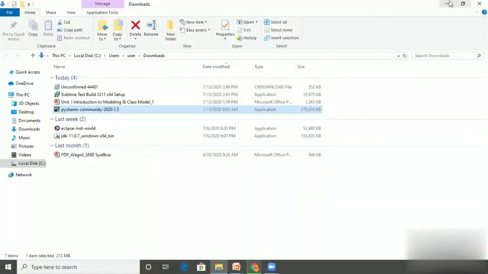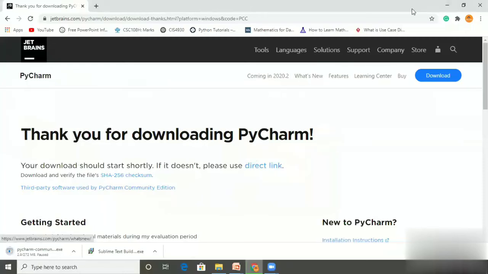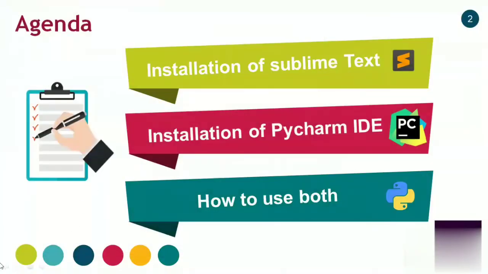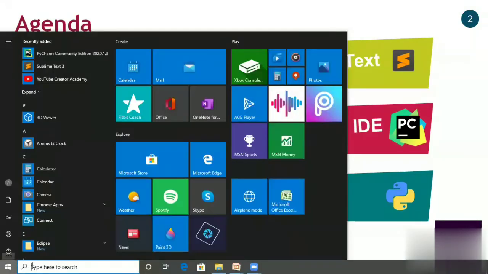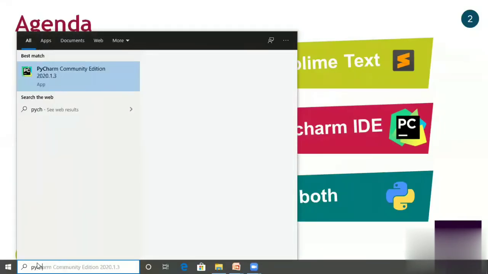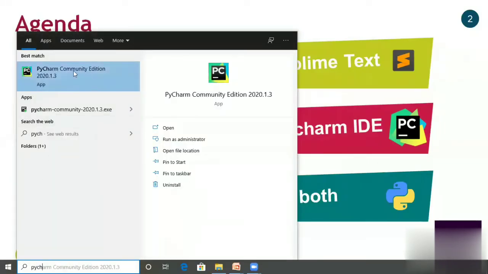Then close your browser, go to this window and simply type PyCharm Community Edition 2020.1.3.